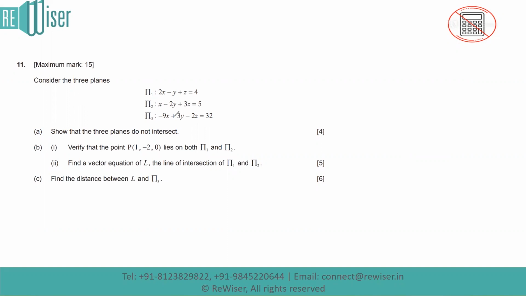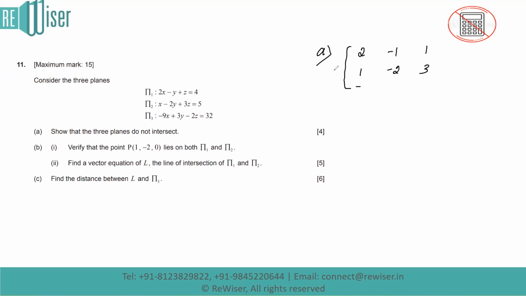to think about solving them simultaneously. Of course, we are going to use this matrix method. For part A, if I use this matrix method, I need to write down all the coefficients. So that's basically 2, minus 1, 1 for the first row, then 1, minus 2, 3 for the second row,